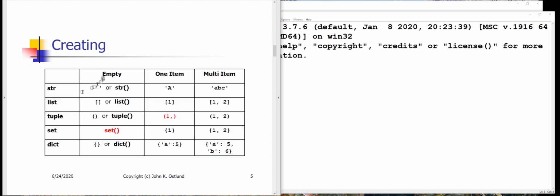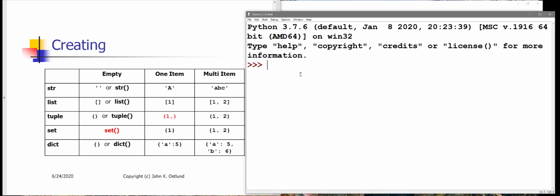All right, so here are these five collection types: str, list, tuple, set, and dictionary. It's necessary to know how to define empty occurrences of each of these, and also how to define one item, single item versions of these, as well as multiple item versions. All right, well, an empty string is really easy. You just can use a pair of single quotes,